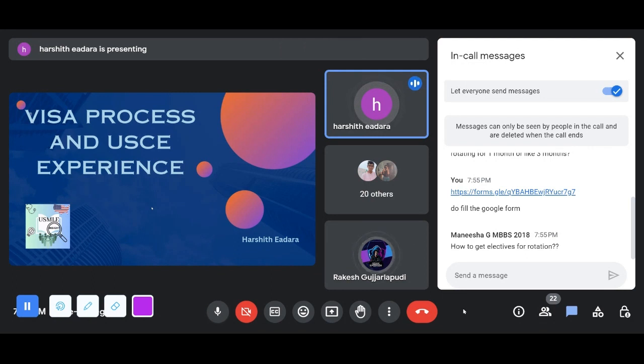Just one more question: how to get electives for rotation? Okay, so how to get electives? Yeah, I think it is already covered in the previous webinar. If you know any doctors in the US working in a hospital or working in any academic position, you can try to approach them, and you can get electives. The second thing is try to look for electives. Do your own research on the internet. Get to know where the electives are,